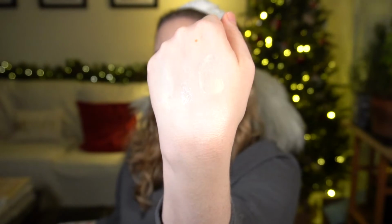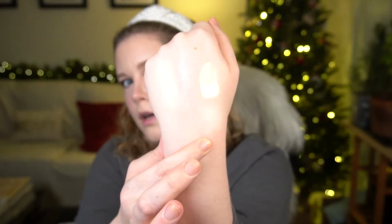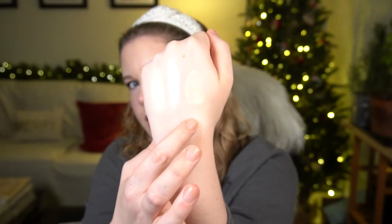And then just to show you what else I have, this is Metal Moon. It looks pretty white in the pan, but I think when you swatch it, it does have a tiny bit of gold reflect to it. It's not as intense maybe as the liquid. So that is Metal Moon. I think she still sells that shade. And that is Metal Moon again. That is How Many Carats, and that is the Side Chick. And I think the liquid does sheer out a fair bit, so it'll be a lot more subtle once you blend it. I think the actual sparkle particles in the Side Chick might be bigger than the Metal Moon. So that is Metal Moon, and then this one has Hustla Baby in it again, and